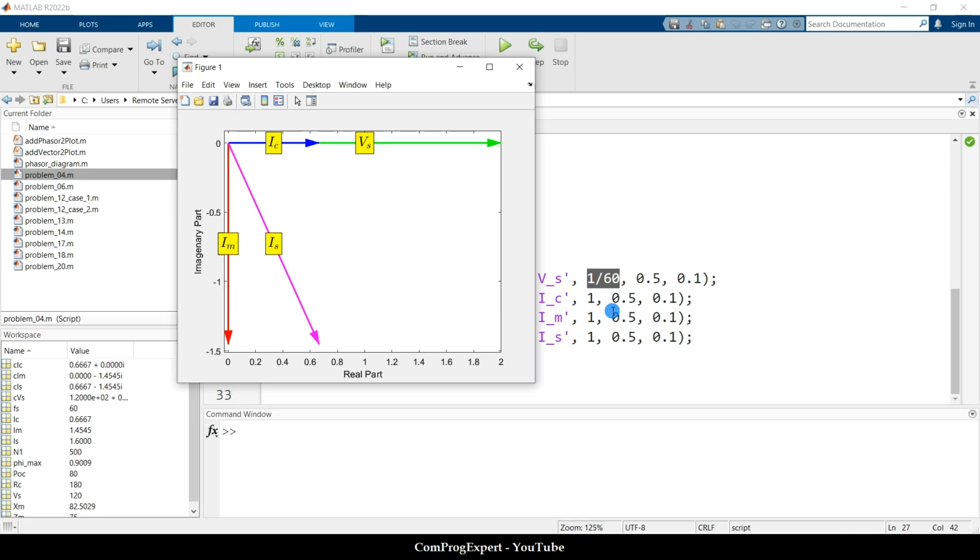But how can we define a per unit system to properly scale quantities for better visualizations, phasor diagrams, even better computations? Yes, we don't need actual values, and sometimes phase difference is more important. Okay, so